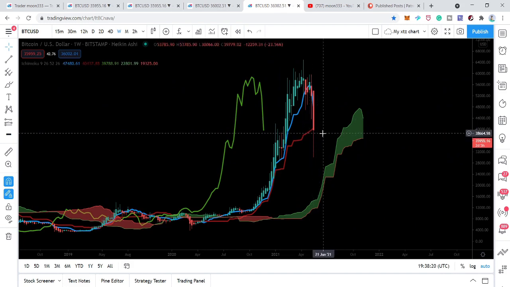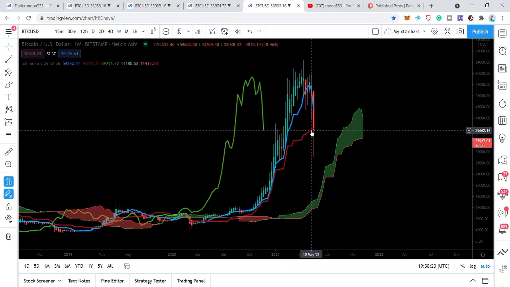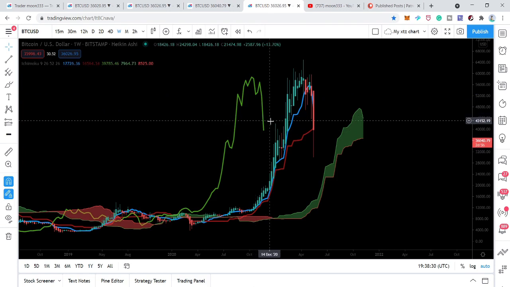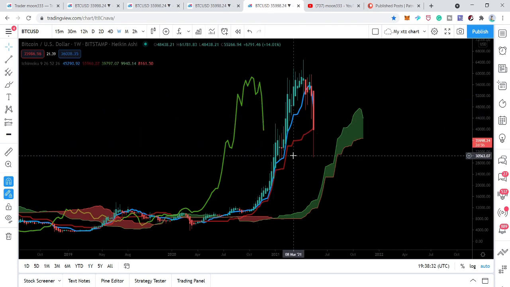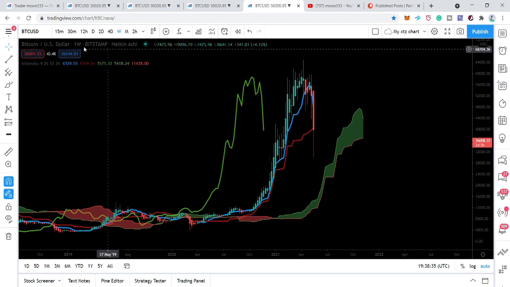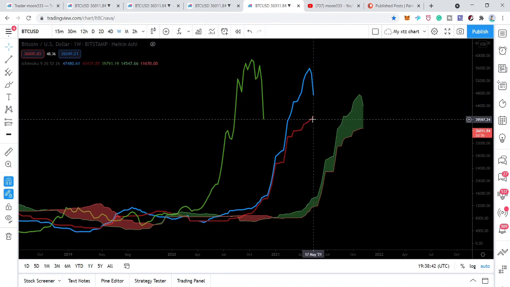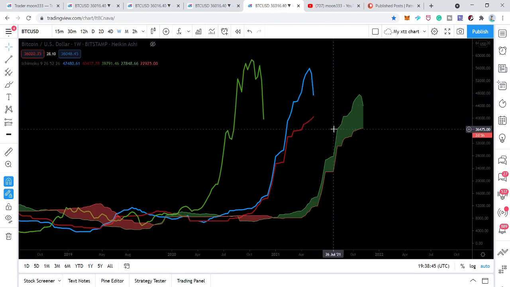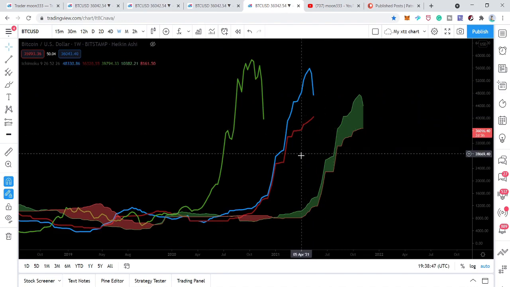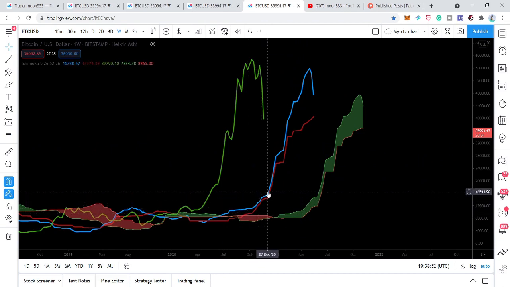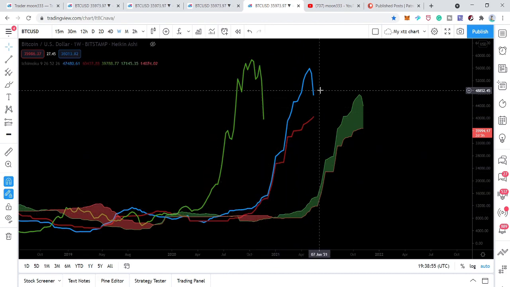Now we can see in the current bull market, the price action is moving to the downside and using the baseline as a support at this time. But so far, the lagging span is very far away from the candlesticks. So far, it did not cross down the candlesticks, and the conversion line did not cross down this baseline. We can see that it is moving to the downside. The baseline is moving to the downside, but so far we did not receive this bear cross or this death cross. Before that, we have seen during this bull run, they went very close to each other, but so far we did not receive any death cross.